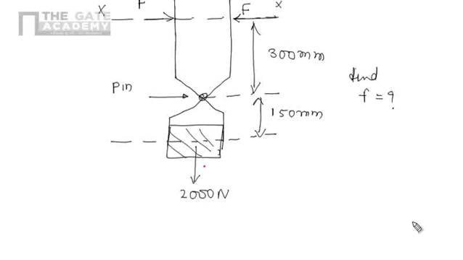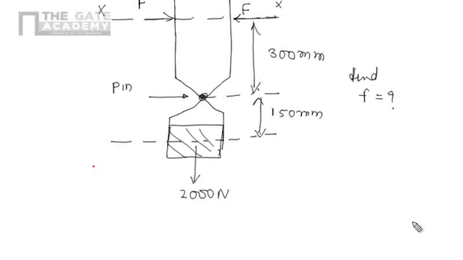With the help of this gripper, we are holding this mass of 2000 Newton, and we are applying force here with the hand. That is the line of action of the force applied on it. And this one is the pin, and from the pin to the CG, or the line of action of this force, is 150 mm, and this one is 300 mm. So now we have to find out the value of F.